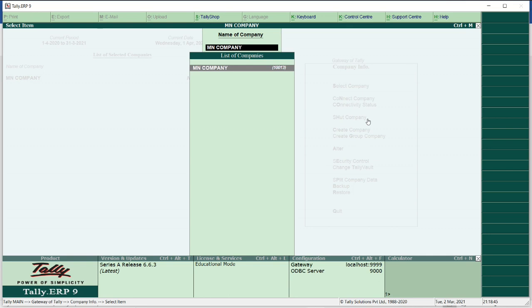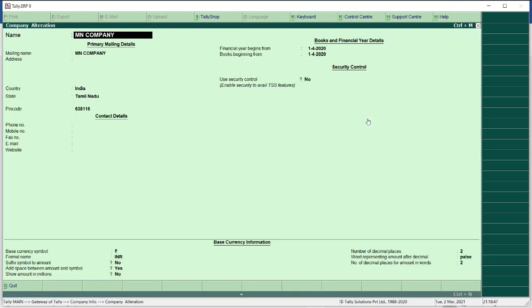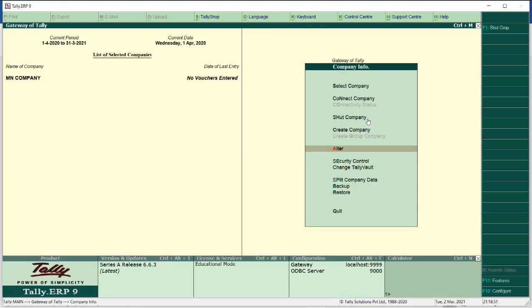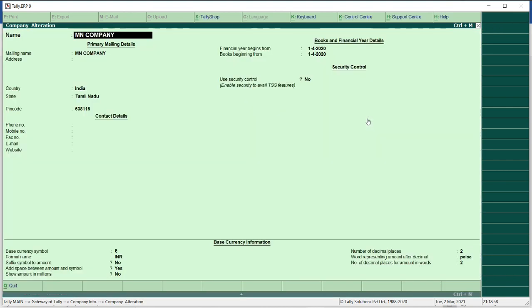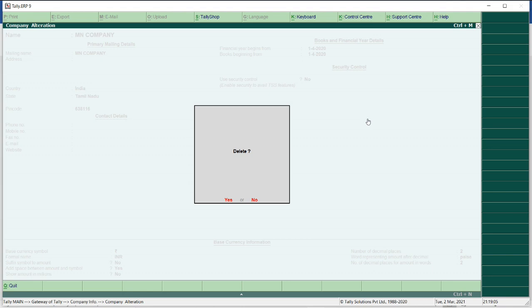Then deleting company. How to delete a particular company you already created. For that, click on alter. Select the particular company you want to delete. Then in this window, click Alt plus D. It will ask for deleting your company. If you click on enter, again it will ask yes.